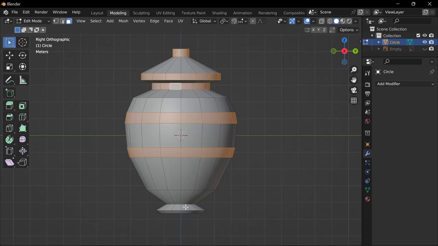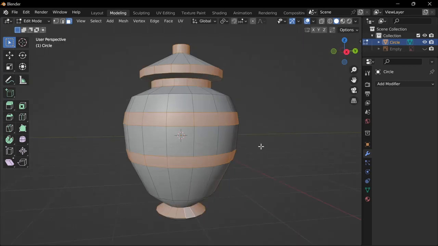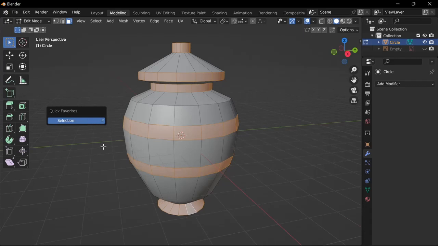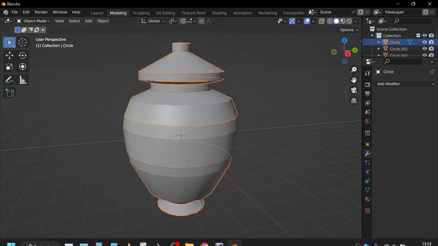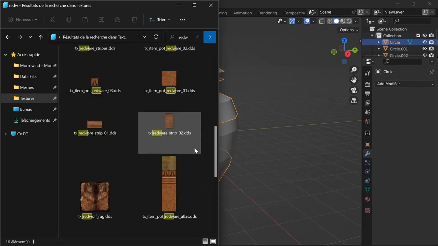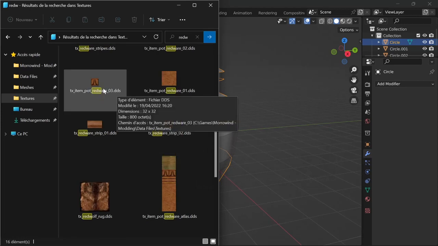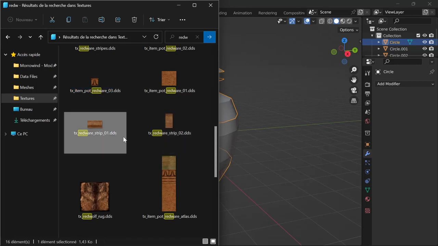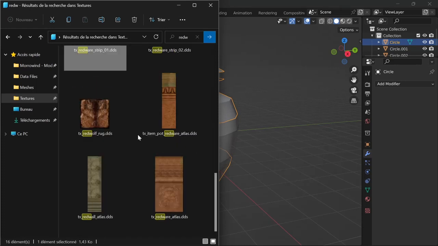Let's say all these faces will have the same texture. So you can go to separate, add to quick favorites. Separate by selection, and let's say this one too will have a different texture. So if I go to my folder, I want to use the redware texture, so I can have the name here. We will be using